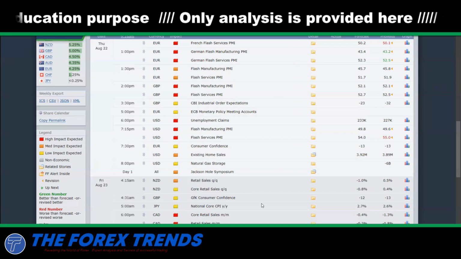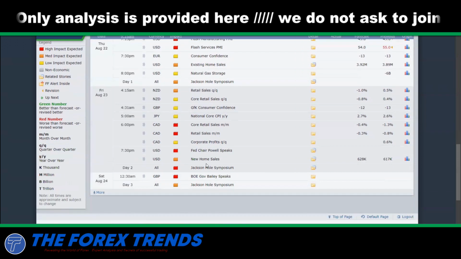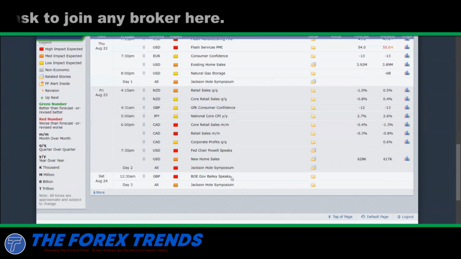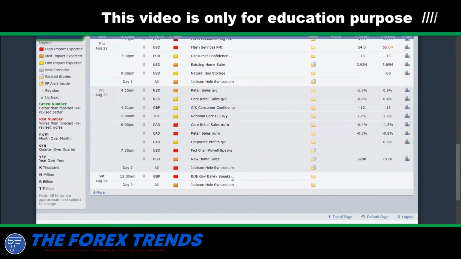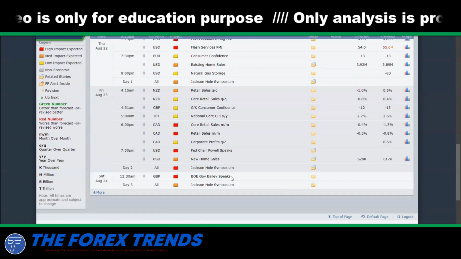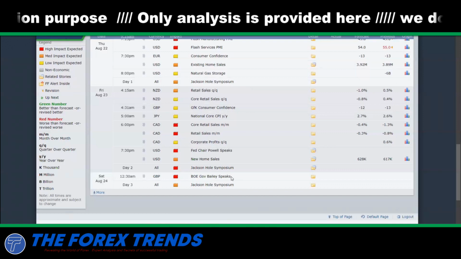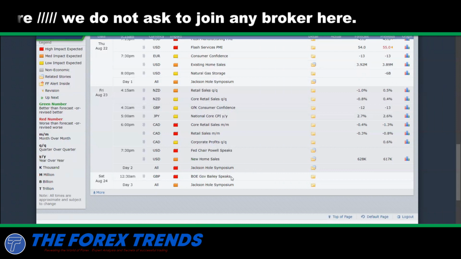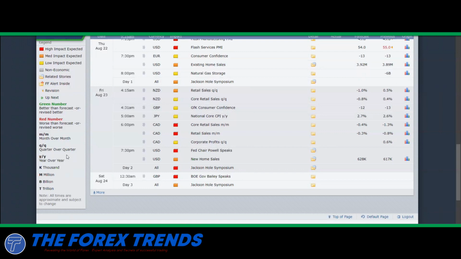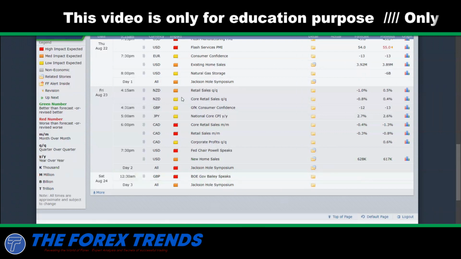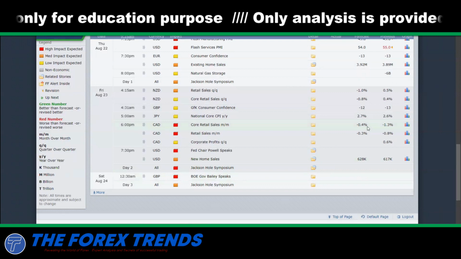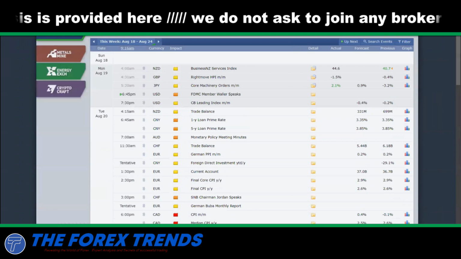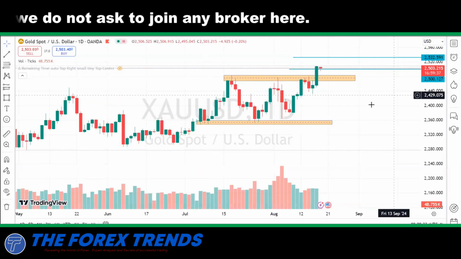This is a very big event, and on Friday, after the release of Fed Chair Powell's speech, the Jackson Hole Symposium will release at the same time, that is 7:30 p.m. IST. So this Friday will be a big day for us, and I will discuss the Jackson Hole Symposium deeply later in the Thursday video or Friday video. After that, you will understand how the market reacts after the release of this news. Okay, so that's all for the fundamentals, guys. Let's take a look at the chart to find the potential trade setups.